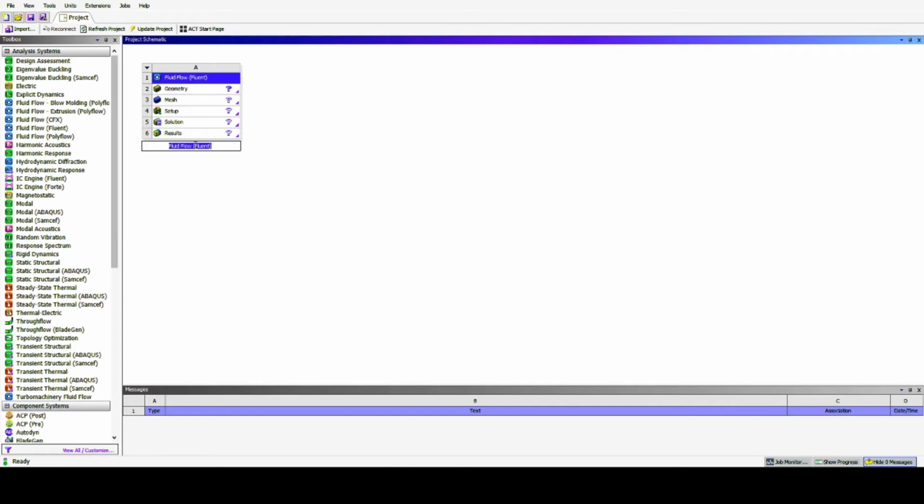Design Modeler is the most convenient one for drawing geometry. Also, geometry can be imported from other softwares including SolidWorks, etc. The most convenient format is the .IGS format, IGES.